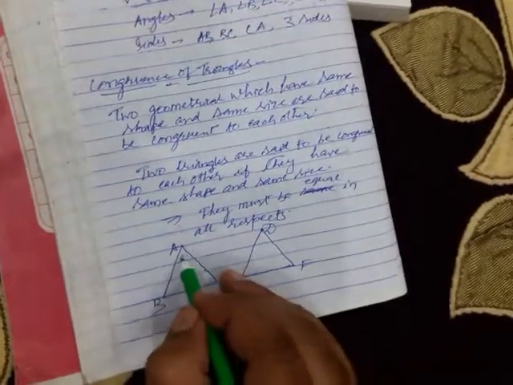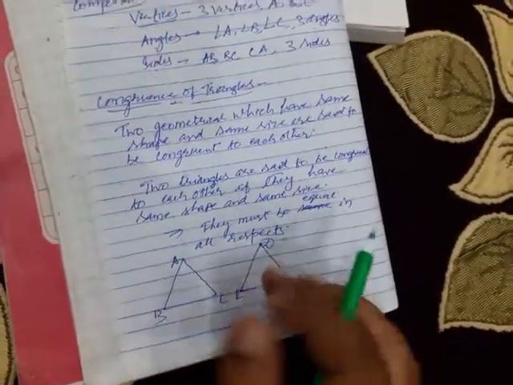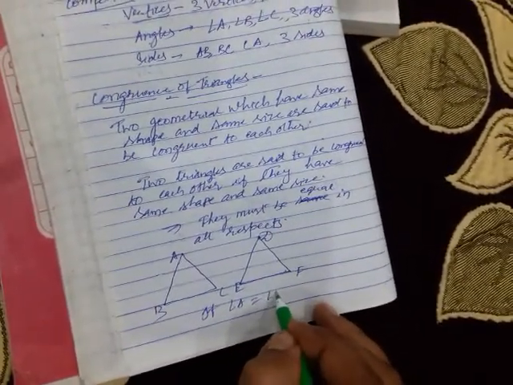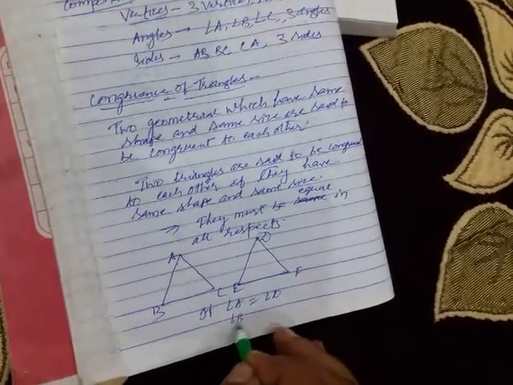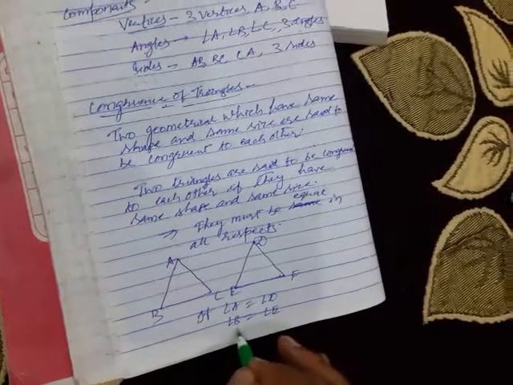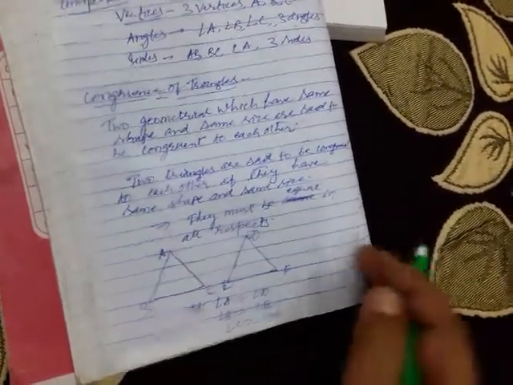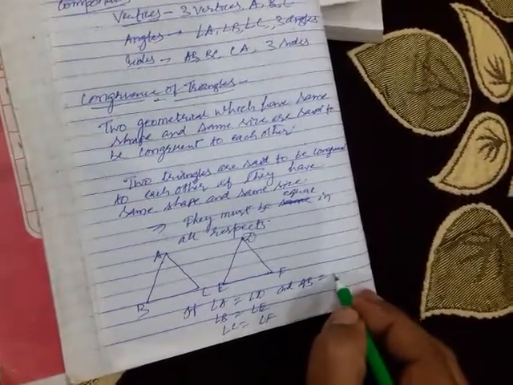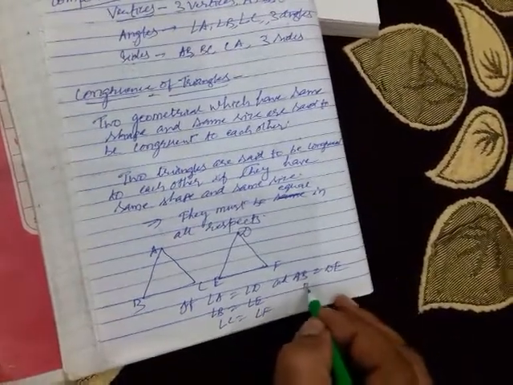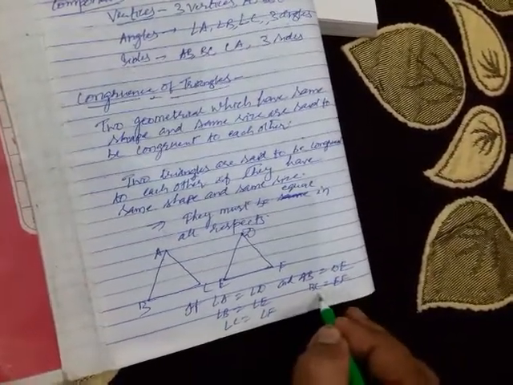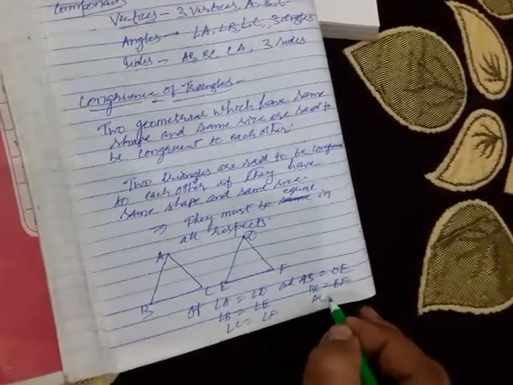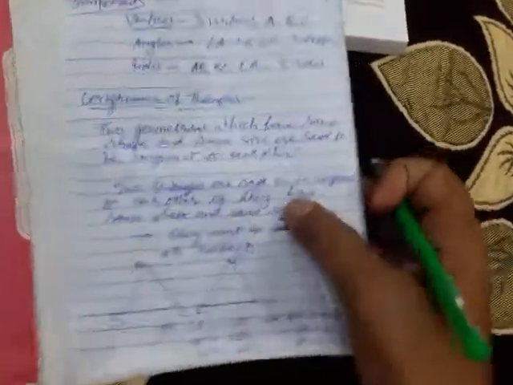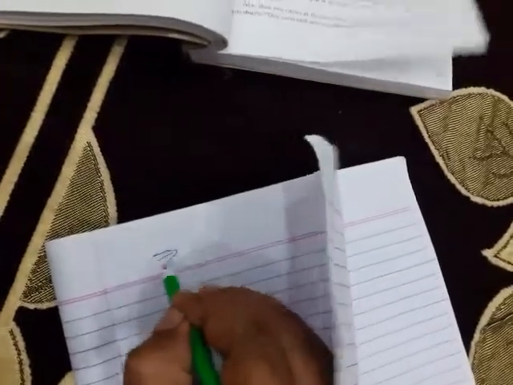If they are equal in all respects, if angle A equals angle D, angle B equals angle E, angle C equals angle F, and AB equals DE, BC equals EF and AC equals DF, then we say, children,